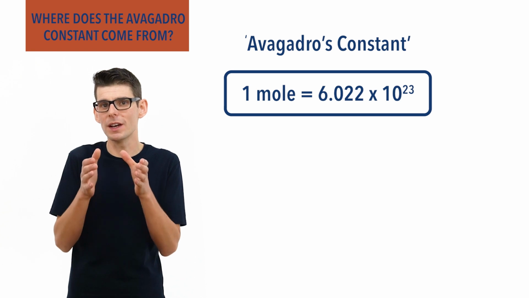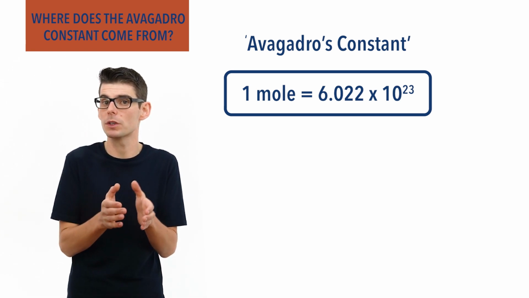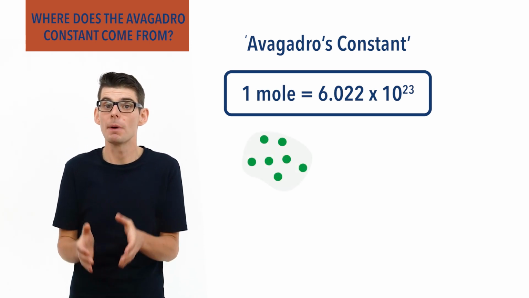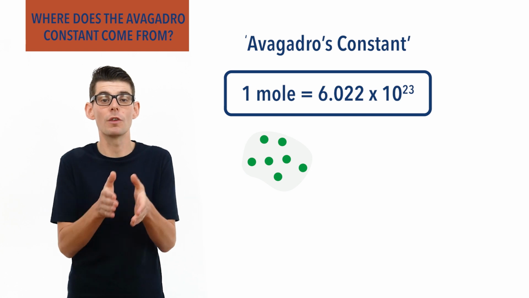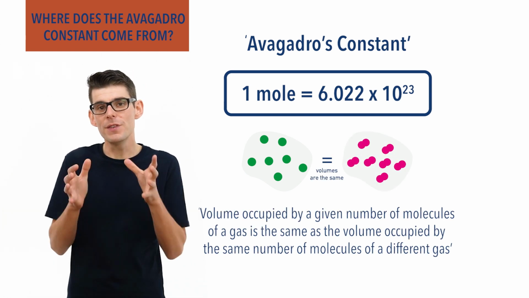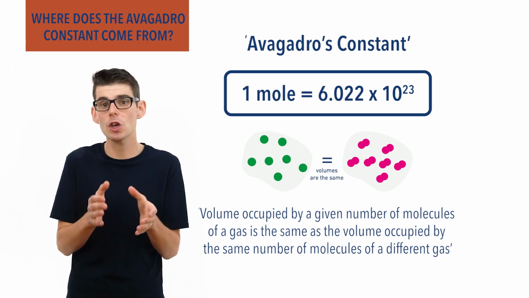Avogadro proposed the idea that the volume of space occupied by a particular number of molecules of a gas is the same as the volume of space occupied by the same number of molecules of a different gas, at the same temperature and pressure. This idea was later linked to relative atomic mass, and the link showed that if the